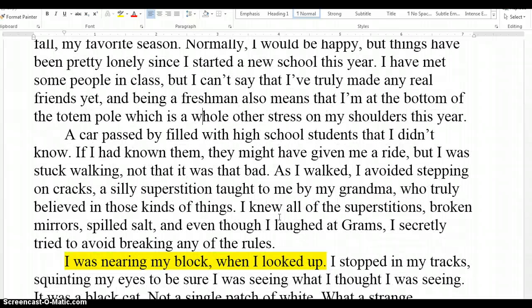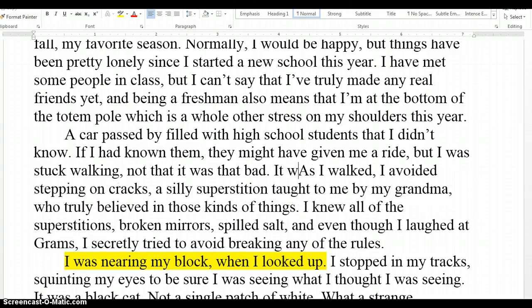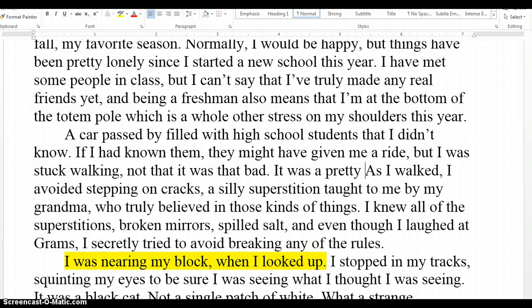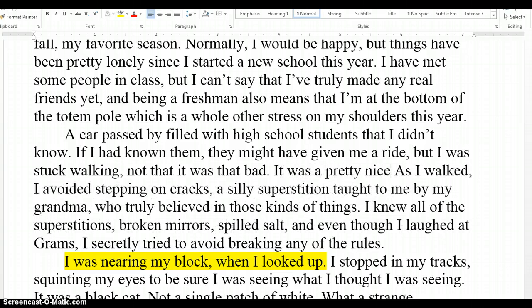A car passed by filled with high school students, and I didn't know them. If I had known them, they might have given me a ride, but I was stuck walking. Not that it was that bad. Maybe I'll add... it was a pretty nice day